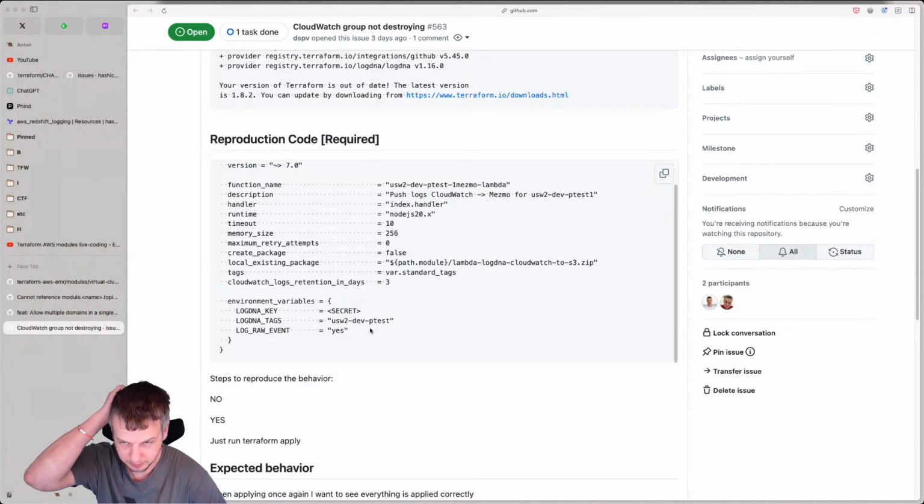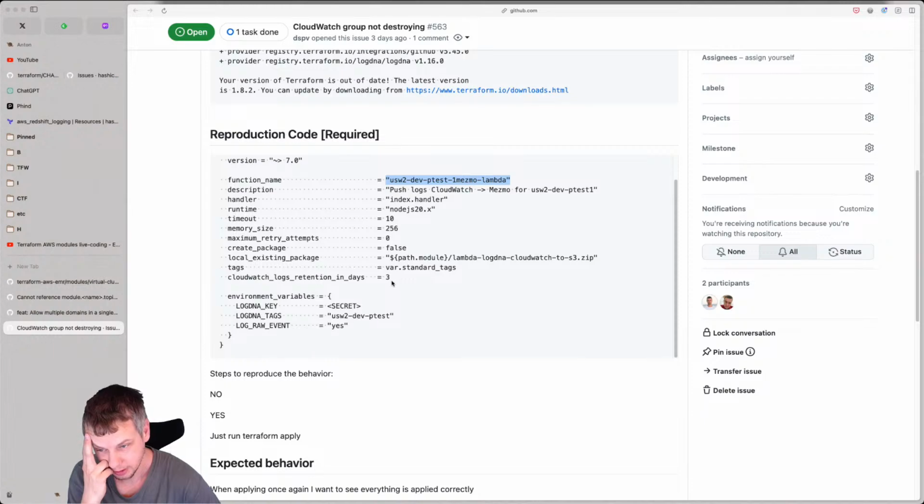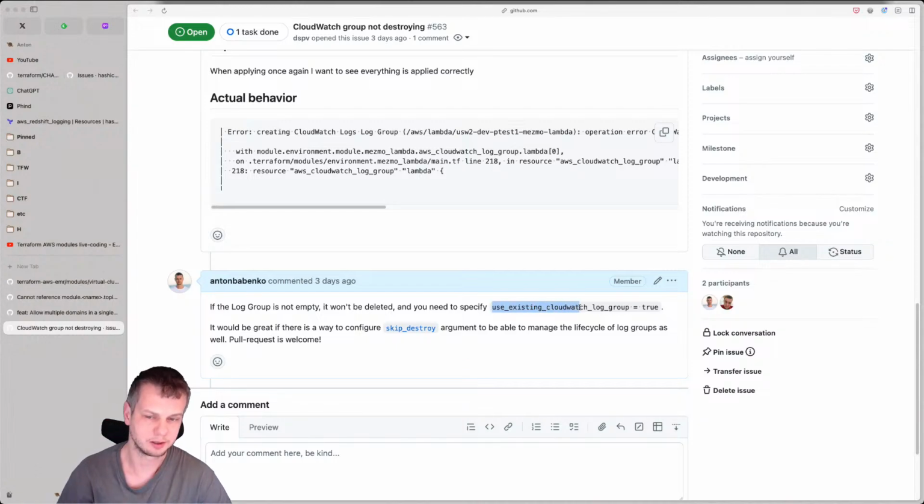Let's say you do this in a pipeline and you have a static name, which means that the log group will always be the same. And if you know that you already have a log group or you create it outside, you can specify that you want to use existing CloudWatch log group equal true, and it will not create the resource.